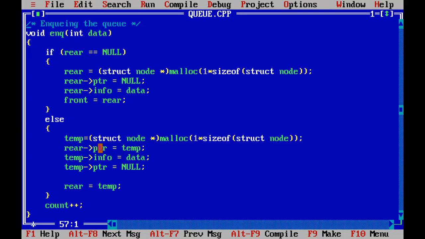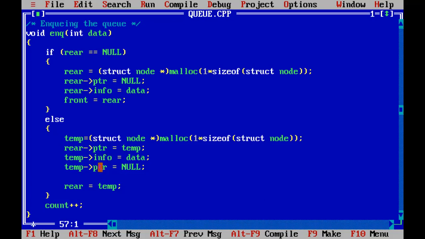So we have written rear's next pointer is equal to temp, that means the temporary node which we have created is attached as the next node of the rear. In that node we have to store the data, that means the value which we want to store goes into the temporary node's information part.